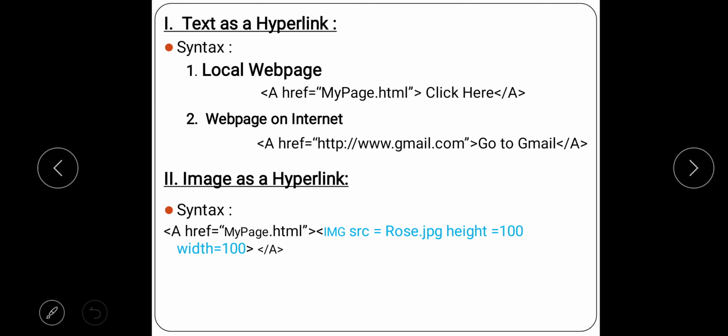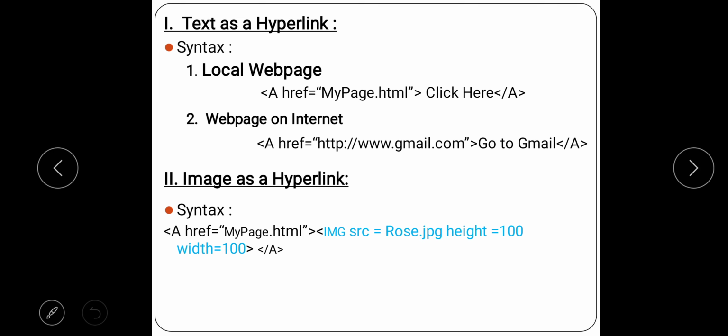I have written "click here". Now this is the text which will be displayed on the web page. Rest nothing is displayed. So after this "click here", I have closed the anchor tag. So whatever text is placed in between the opening and the closing of a tag is treated as the text, right? So that part is displayed. Suppose you forget to write that "click here", so nothing will be displayed in your web page. So whatever text you have to display to the user should be placed in between this opening and closing of the tag. I hope it is clear.